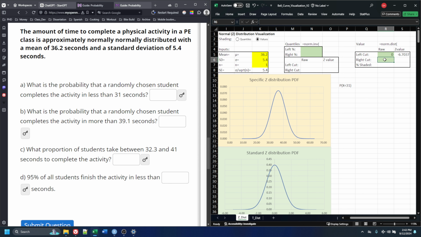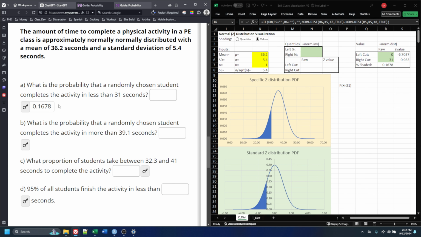The right cut here, we're going to put our 31 and we'll hit enter, and notice that it shades from 31 to the left. So we see the probability of being less than 31 seconds. So we have here that the answer is 0.1678. How do we do this now using just our normal distribution